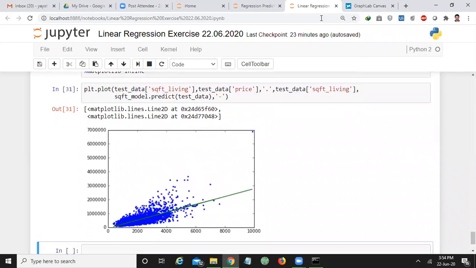Am I clear? Any doubts? As I already told you, we can draw any number of straight lines with our data set points. But the question is, which straight line is best fit for your model? Here we are identifying that line. This green line is that best fit model when compared to your actual data points.